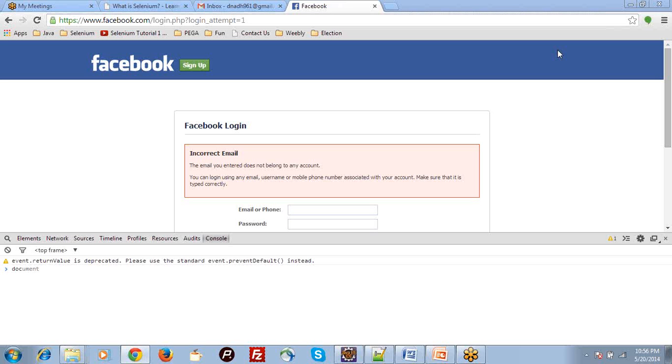So before learning any course we need to understand two things: what is that, and why is that. First, what is Selenium? The second question you need to answer yourself is why Selenium. So what is Selenium? It automates browsers. Like if someone asks me to log in into Facebook,